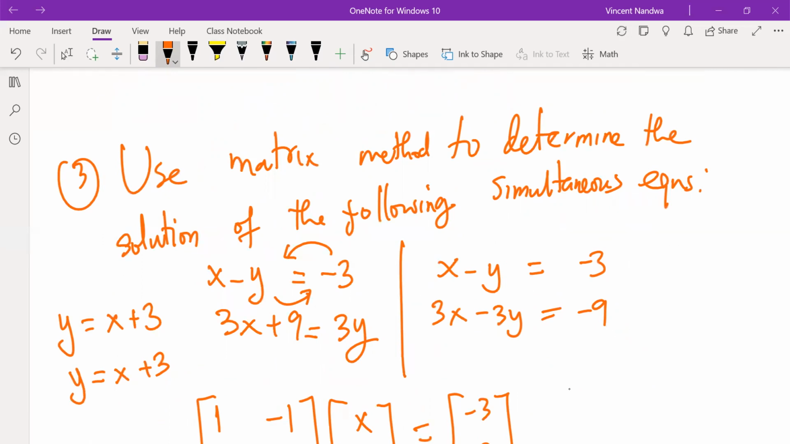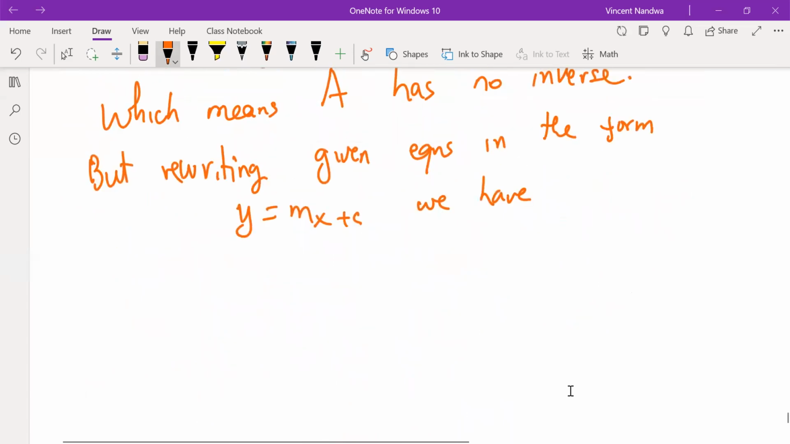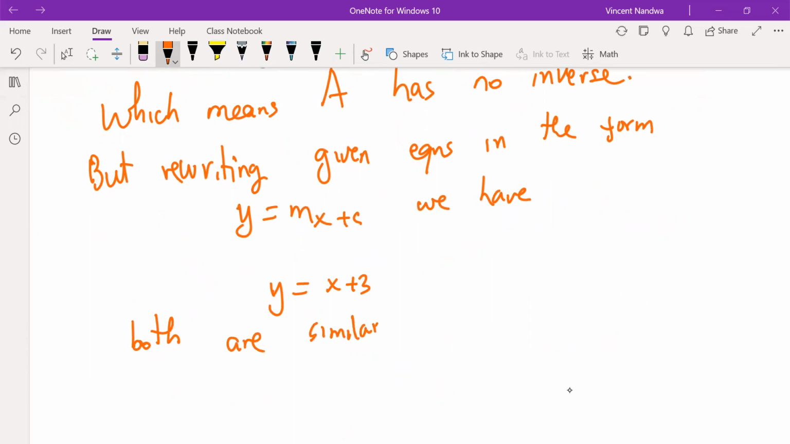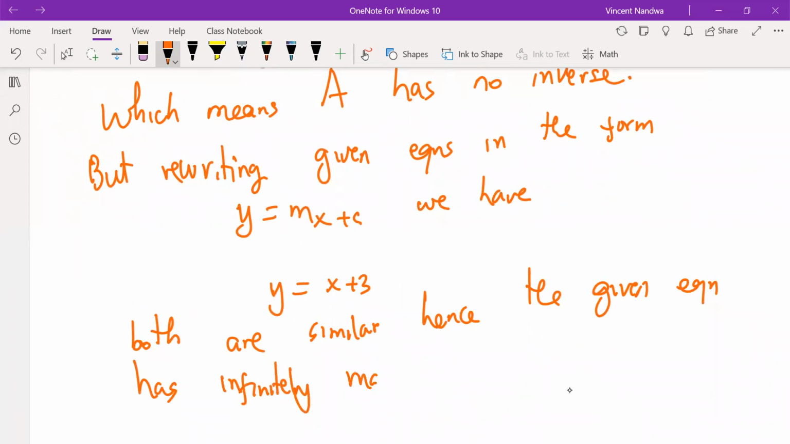So you see, these are actually similar equations. y equals x plus 3. So both are similar. Hence, the given equation has infinitely many solutions. So if you are to draw this simply a line,